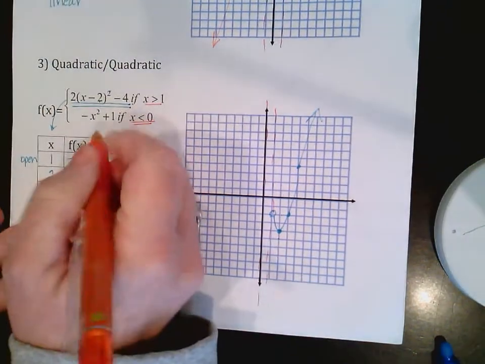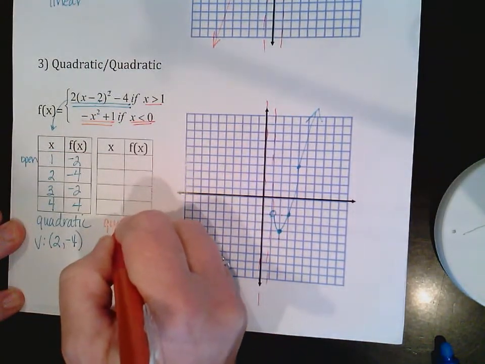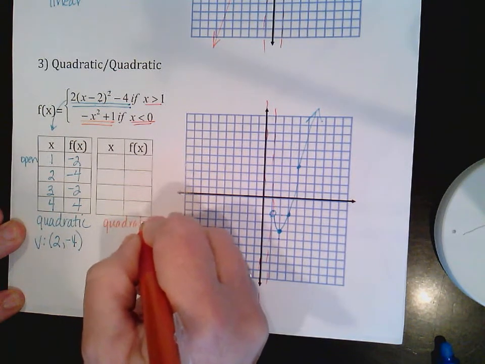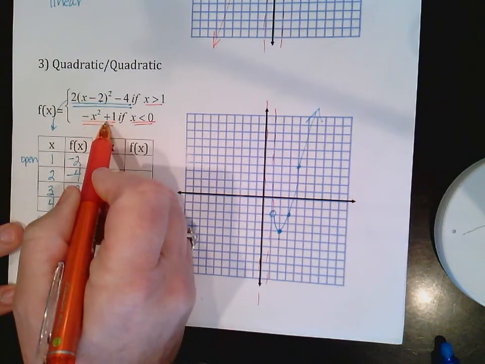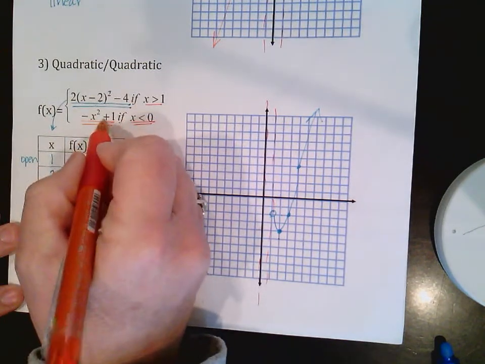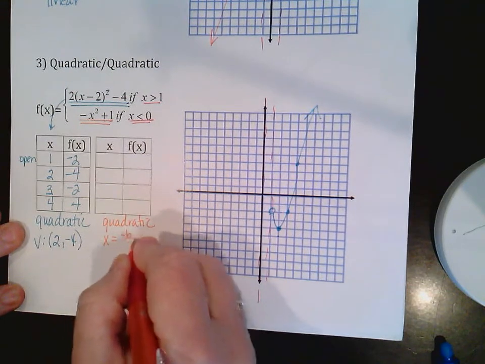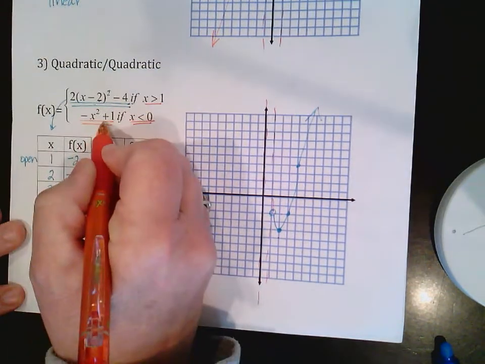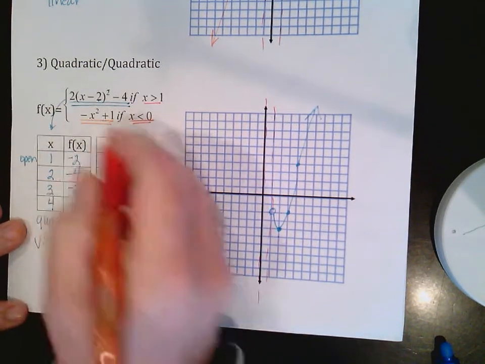And I have a quadratic because I have a degree of 2. It's not in vertex form, so what I'm going to do is use standard form and use that the x of my vertex is -b/2a. Okay, I don't have a b here because I don't have an x term. So my b is 0